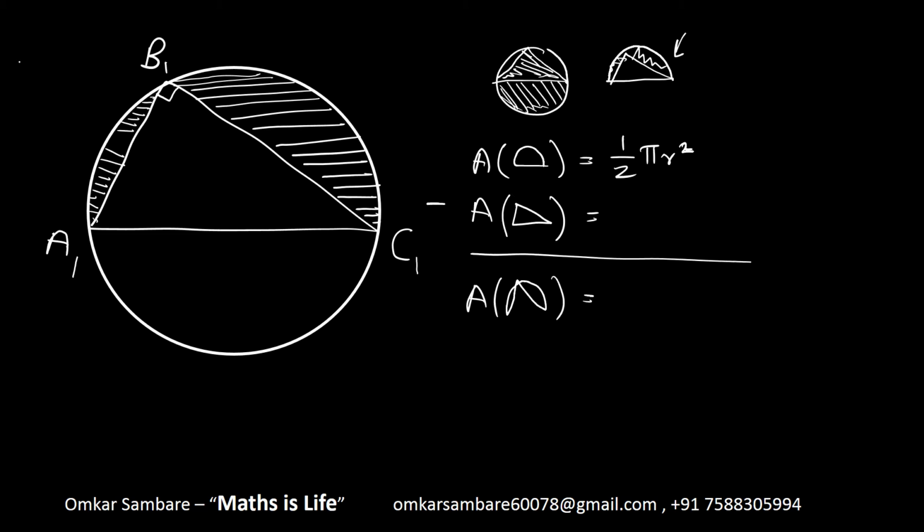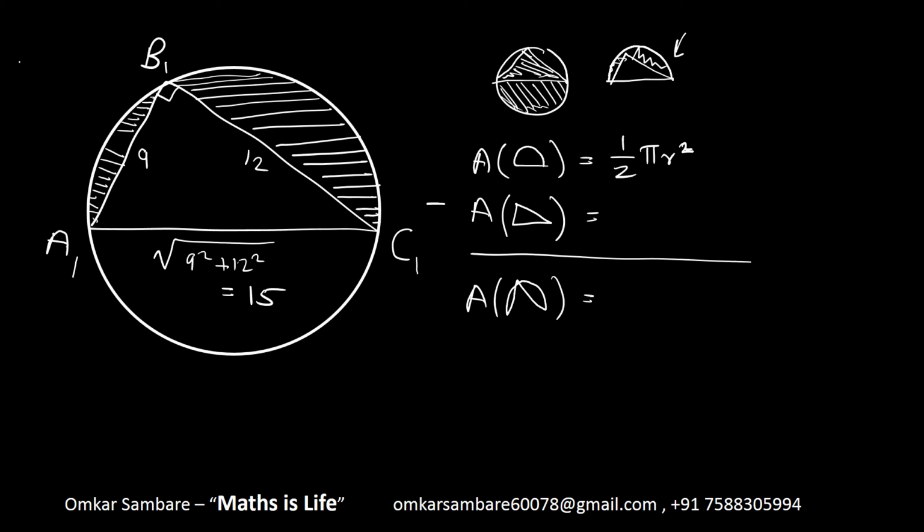Now how to get that? How to get the area of the triangle here? Because we only know this side is 9, this side is 12, but we don't know what the third side is. Okay, finding the third side is not very difficult. We can use the Pythagoras theorem or Gogu theorem, both are the same, just different names. So A1 C1 will be under root 9 square plus 12 square, and if you calculate that, you will get 9 square is 81, 12 square is 144, and their addition will be 225. So this will be 15.